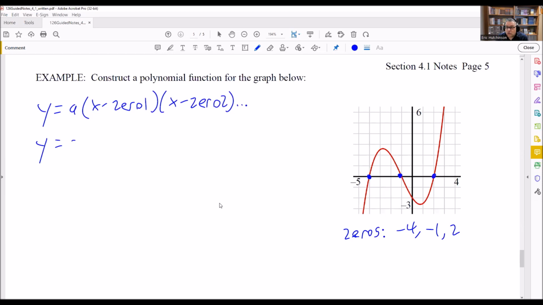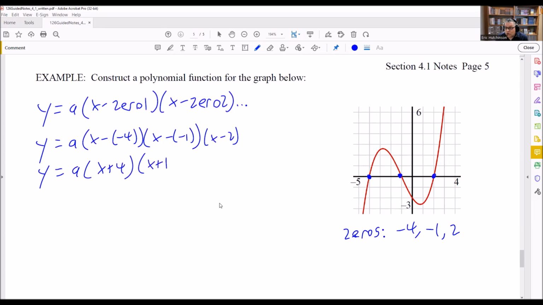So I have y equals, we don't know what the a value is yet. We're going to do x minus the first zero, x minus -4. Then we're going to do x minus -1. Then we're going to do x minus 2. Then we're just going to simplify this. So y equals a times (x plus 4)(x plus 1)(x minus 2). Okay, so we have it almost complete, except now we just have to figure out what the a value is